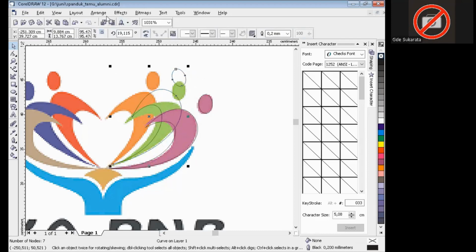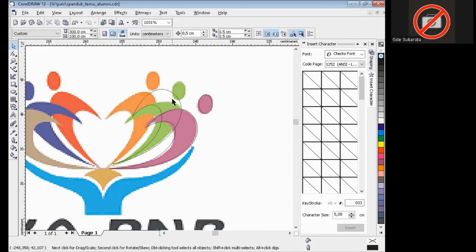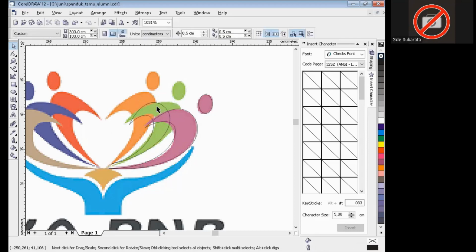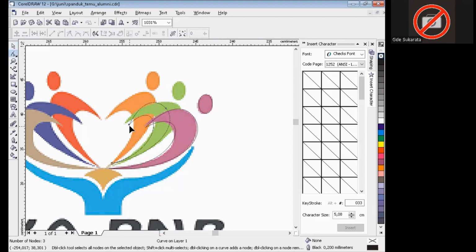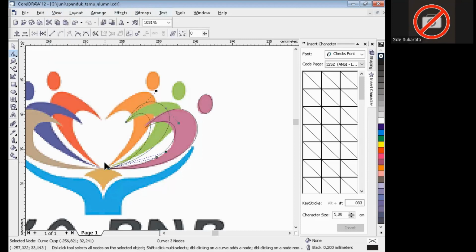Okay, we will break this apart, yeah, arrange, break curve apart. Okay, let's try. A bit, yeah. Okay, if you want to make a different position, okay, I'll keep view, snap to object, and check snap to guideline.